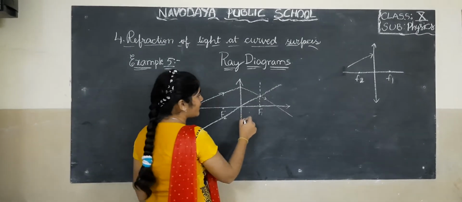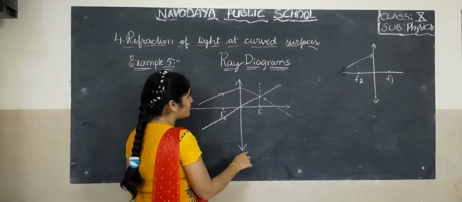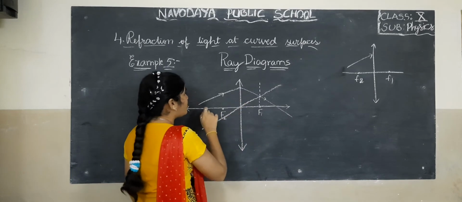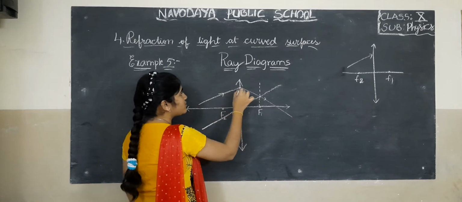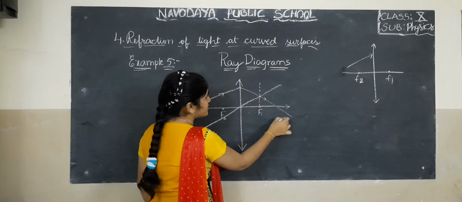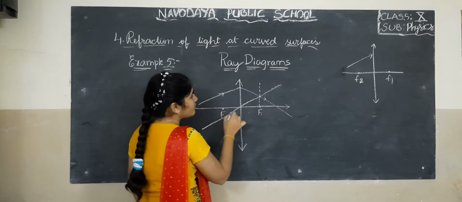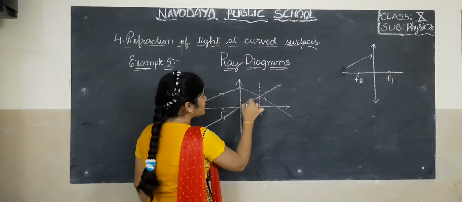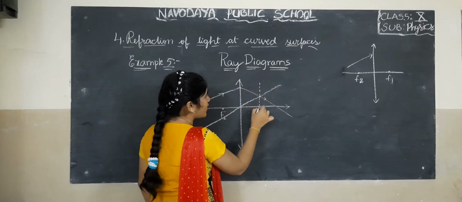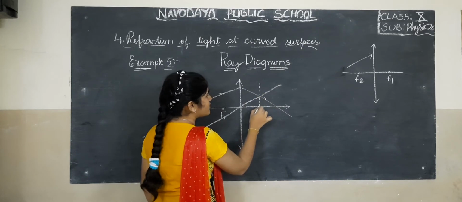This is the ray diagram. Now I'll explain again. We have to draw the convex lens and a principal axis which is passing through the convex lens, and we have to draw the first light ray which meets on the convex lens and again refracts on the principal axis. We have to draw the second light ray which is parallel to the first light ray, and these two light rays intersect at a point where we have to draw a normal from that point which meets on the F1. The length between the intersected point and F1 is the size of the object.